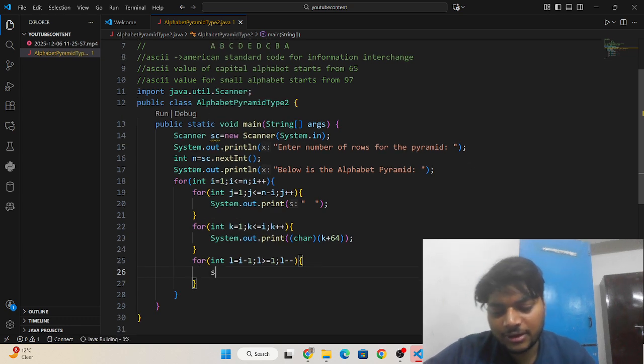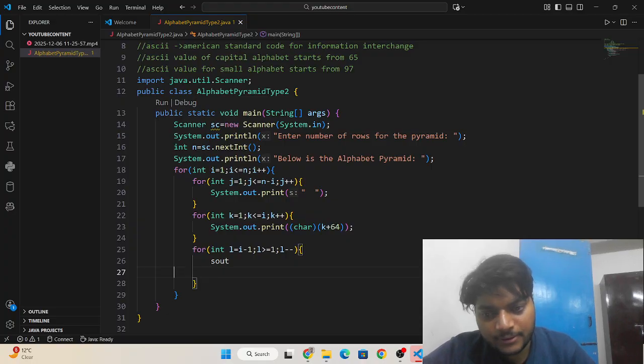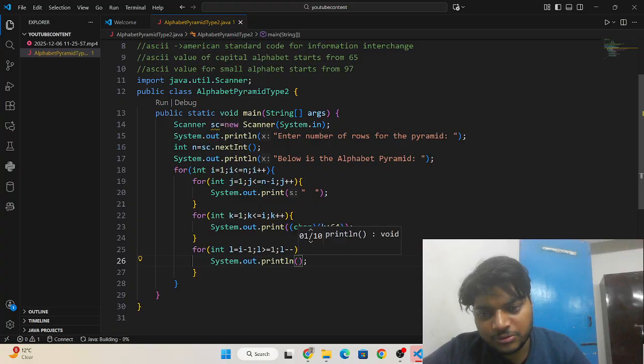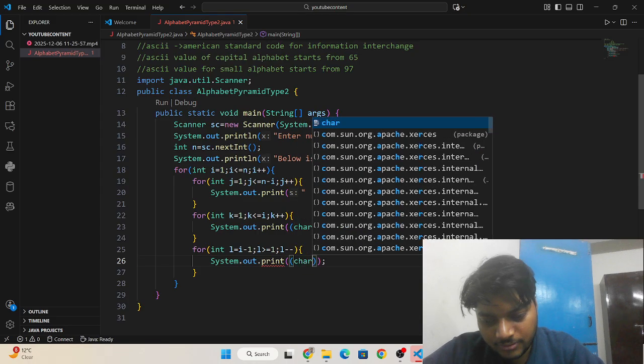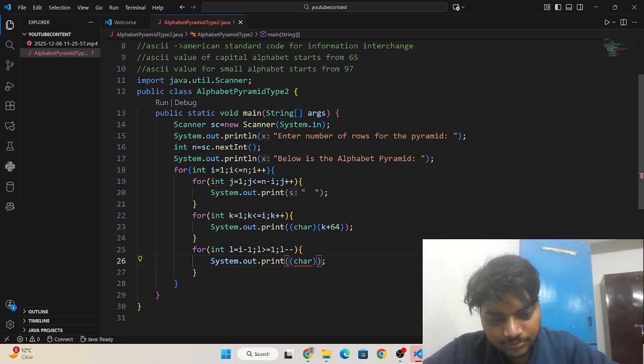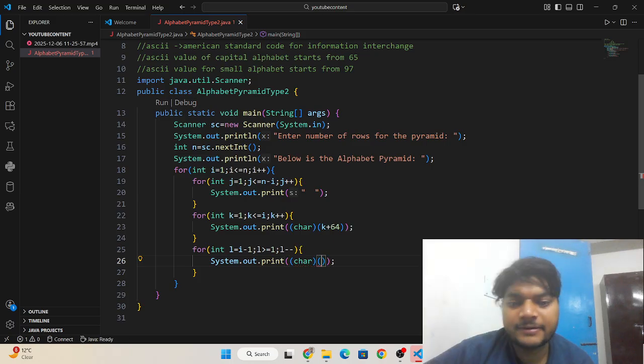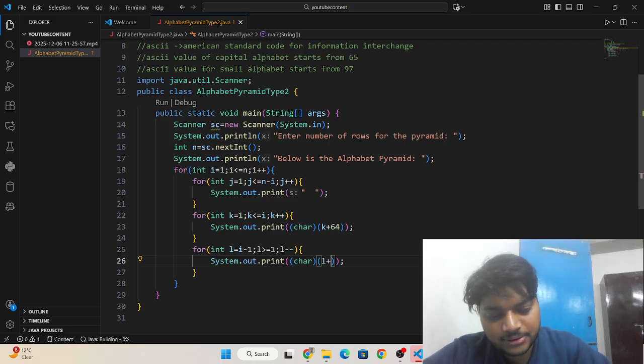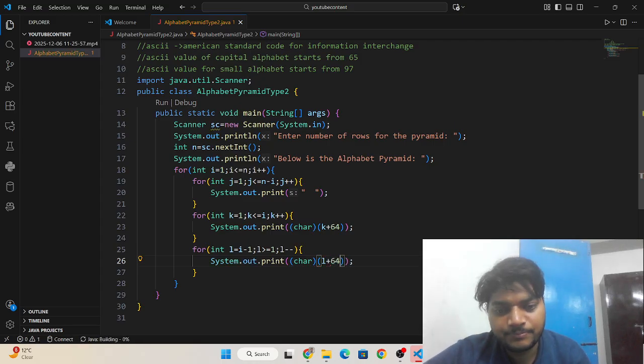Okay, now I am going to write here an output statement which will print the character for L plus 64.